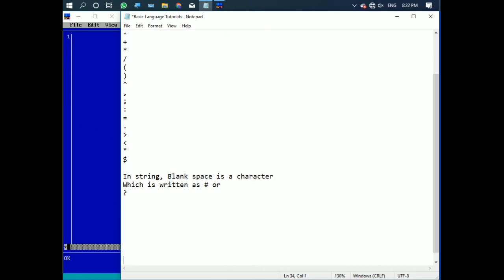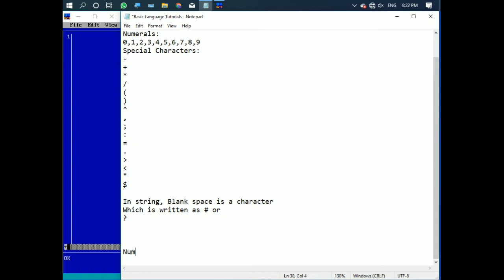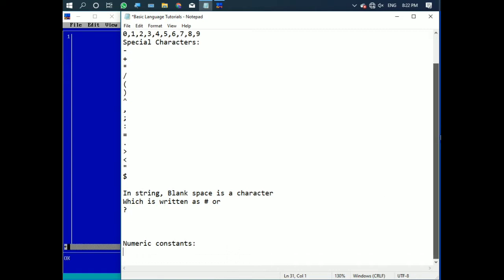So our next topic is basically numeric constants. So what are numeric constants? Numeric constants are decimal numbers.